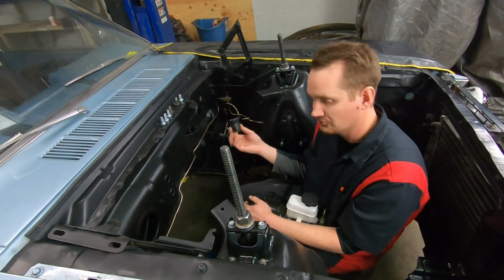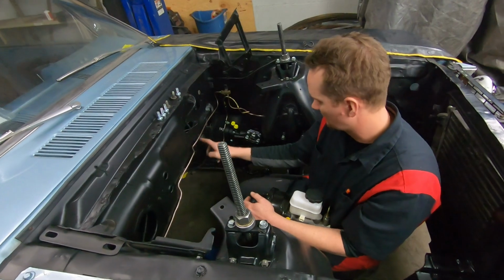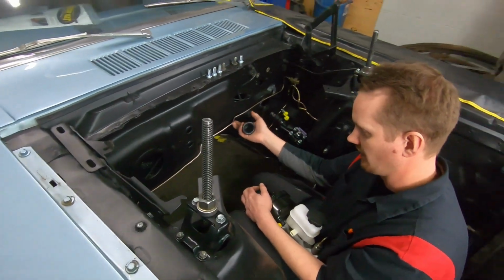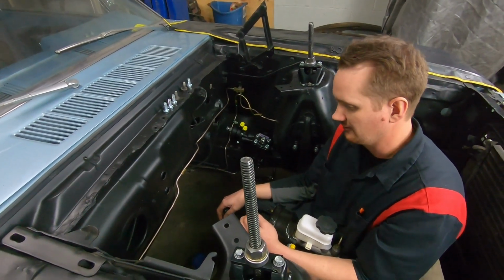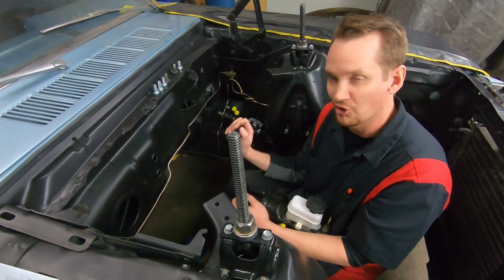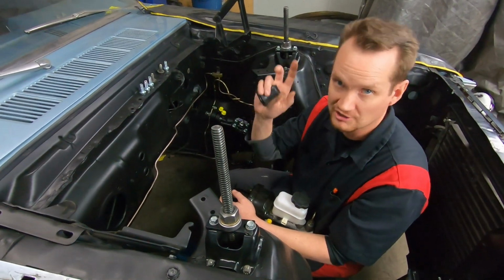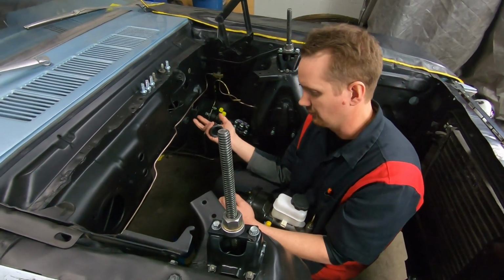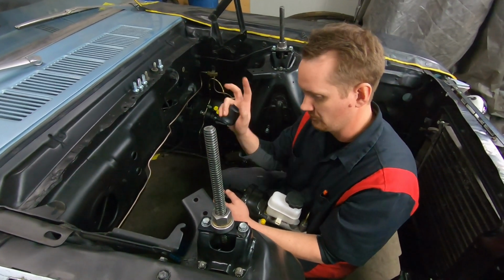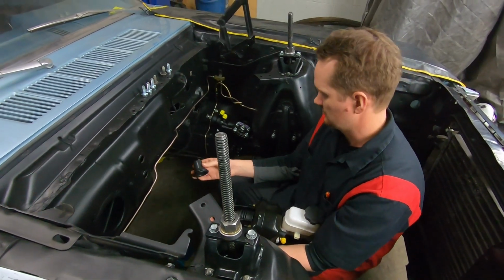So yeah, it's been a few days because I had to stop what I was doing and order this, and so we built some custom brake lines just to expedite our little process here. We like to build our own brake lines here, just because we are doing so much other work to this car. Again, it's not a requirement, but we had everything out of this car and we just built all new brake lines and everything. So, okay, we're going to